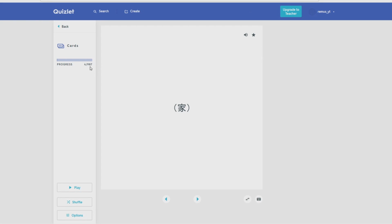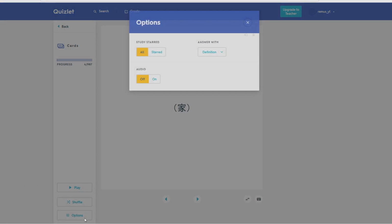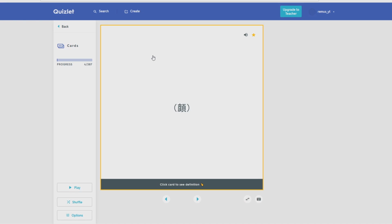So you could go through all these 900 words and then just put a star here or press S on the keyboard to mark this as something that you don't know yet. And then, after you've gone through all of it and only marked the things that you don't know, you can come to option and press on star. This will really save you time. As you can see now here, from this list, I have 400 words as star. And when these words come up in a manga or something you're reading, you know them because you know the words, and not just because you know the kanji and the pronunciation, but actually because you can use that word in a meaningful way. Now, if you would be doing this for 6,000 words and know all the kanji for the 6,000 words you know,